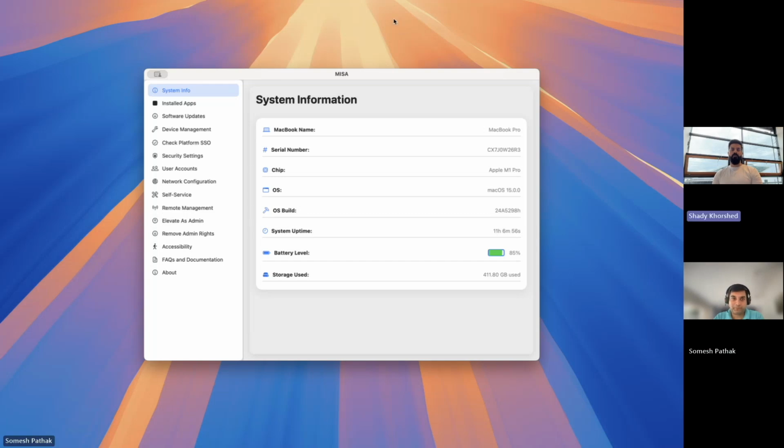Okay, I got it. Now, what do you think? Just give me one scenario in which you think this tool would fit perfectly. Is it for every Mac user, or does it fit a specific scenario? What do you think? It fits every scenario, and